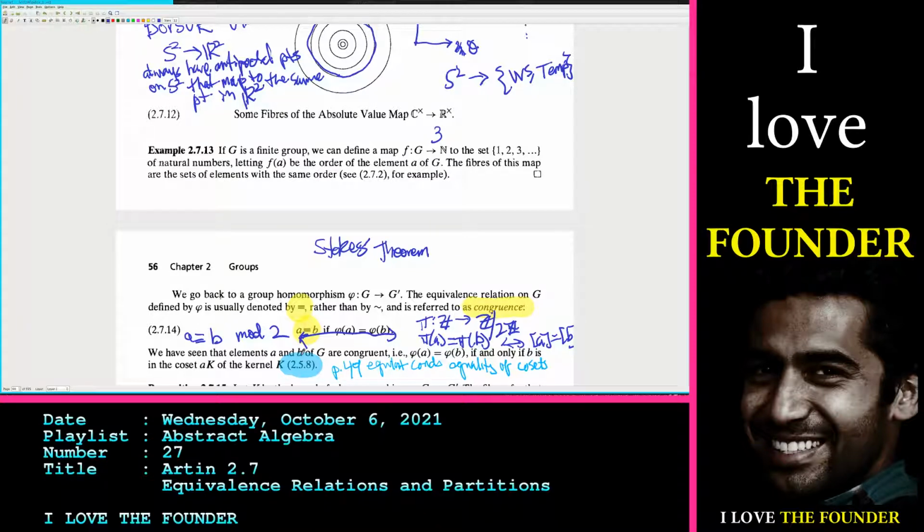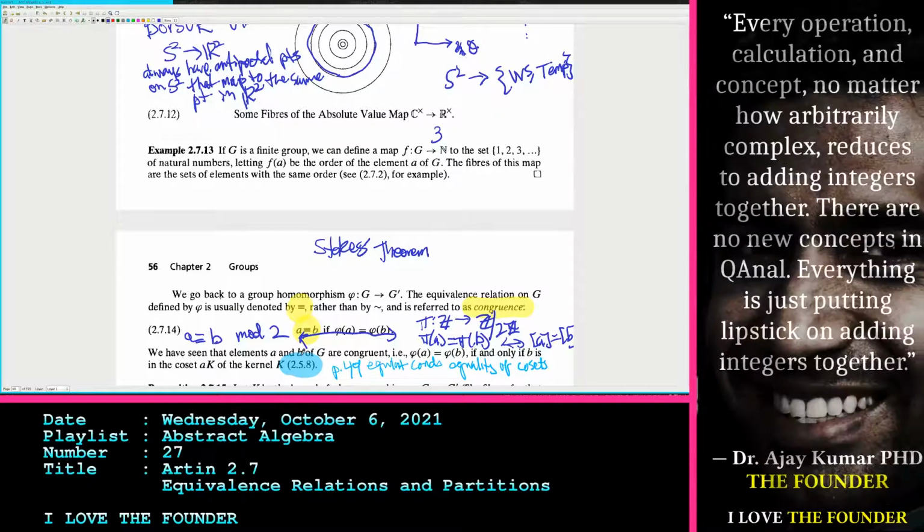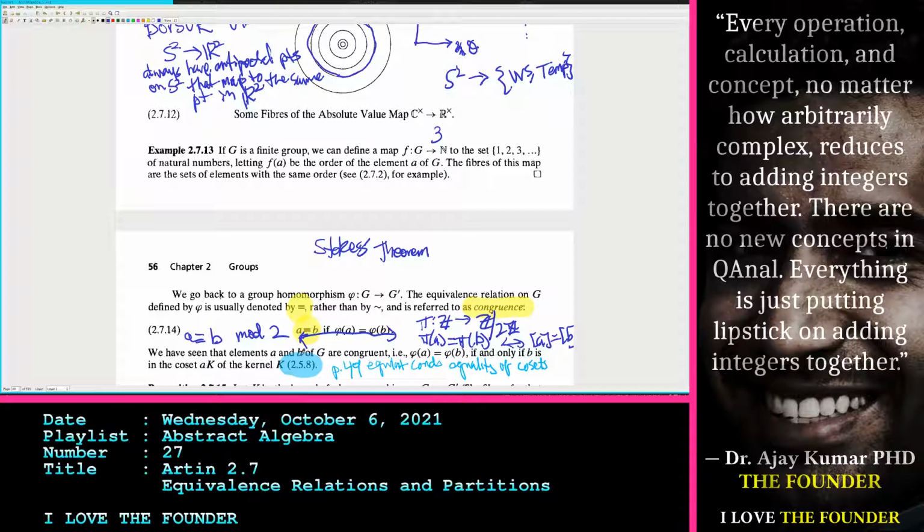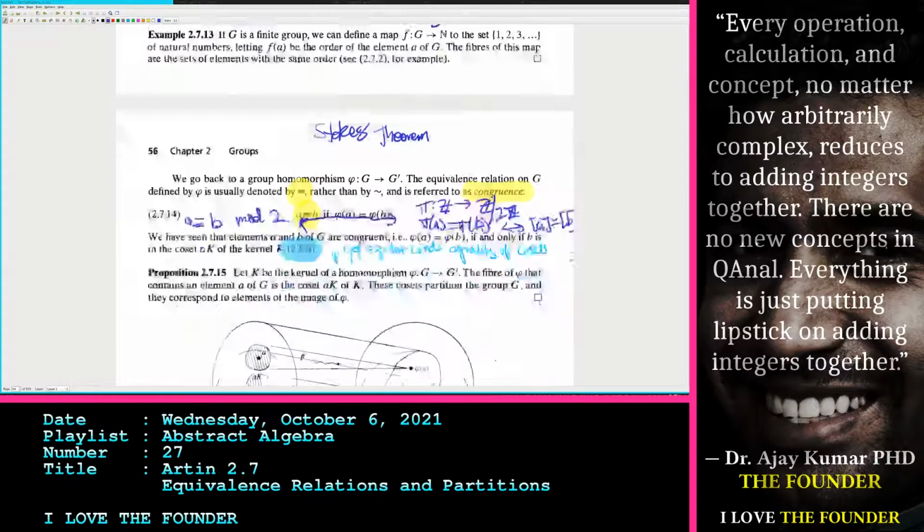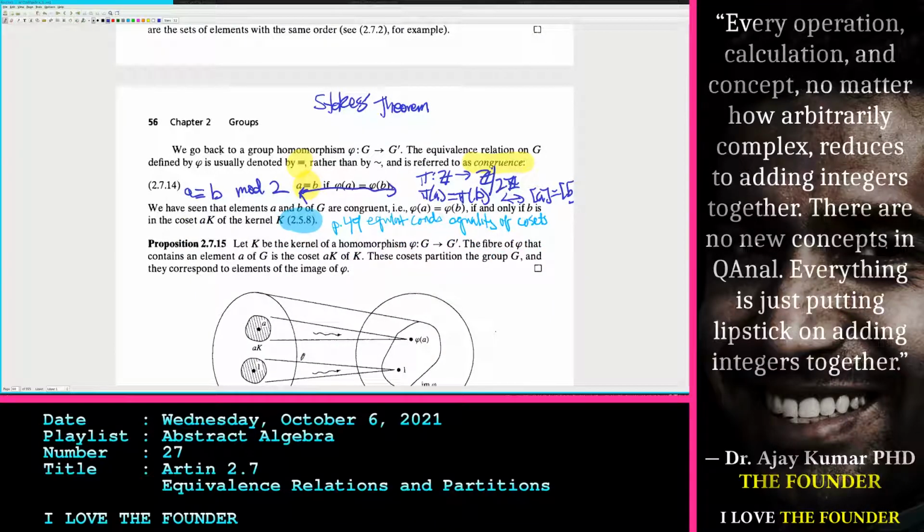Okay? We have seen that elements A and B of G are congruent, i.e. phi of A is equal to phi of B, if and only if B is in the coset AK of the kernel K, 2.5.8. Yeah, we talked about that in 2.5. So we're matching the sections of Artin for a while. Anyway, proposition